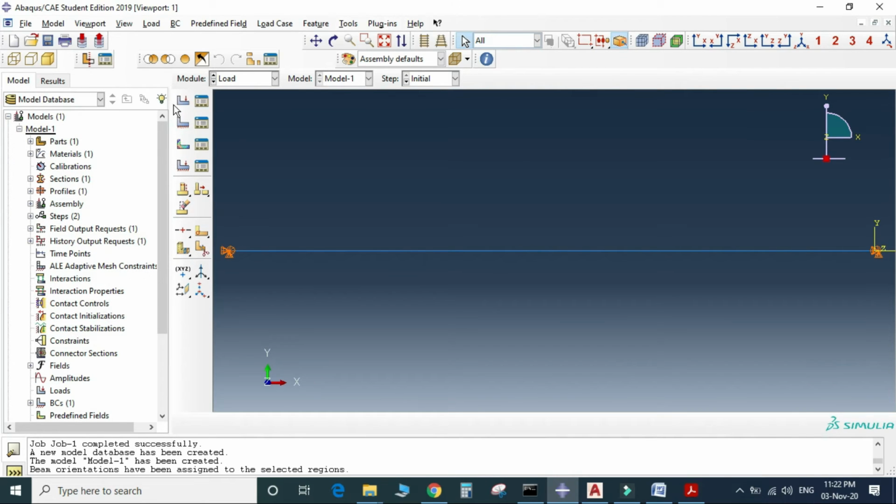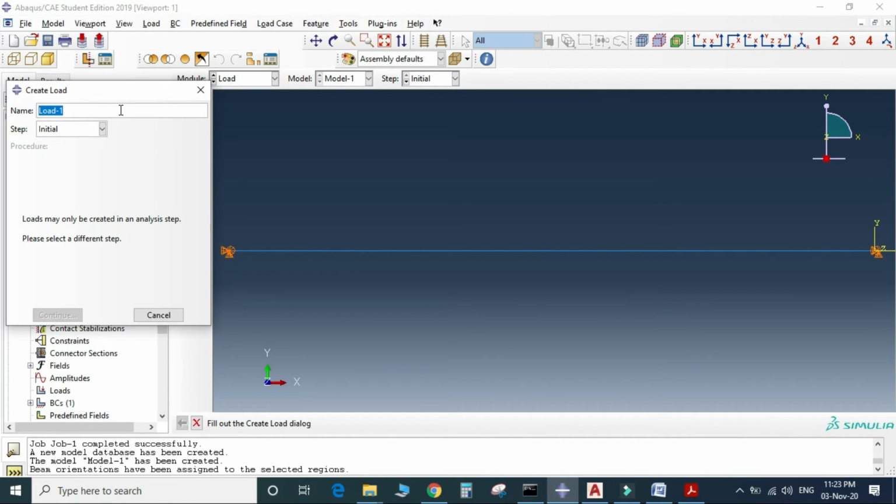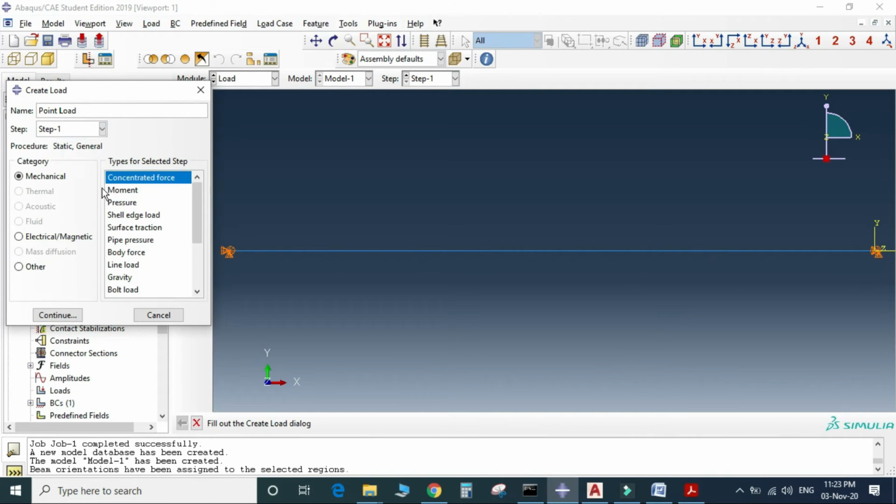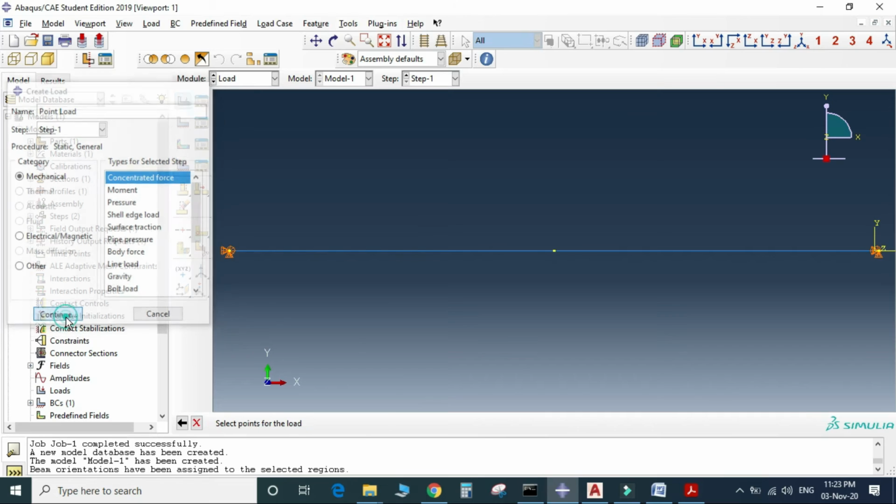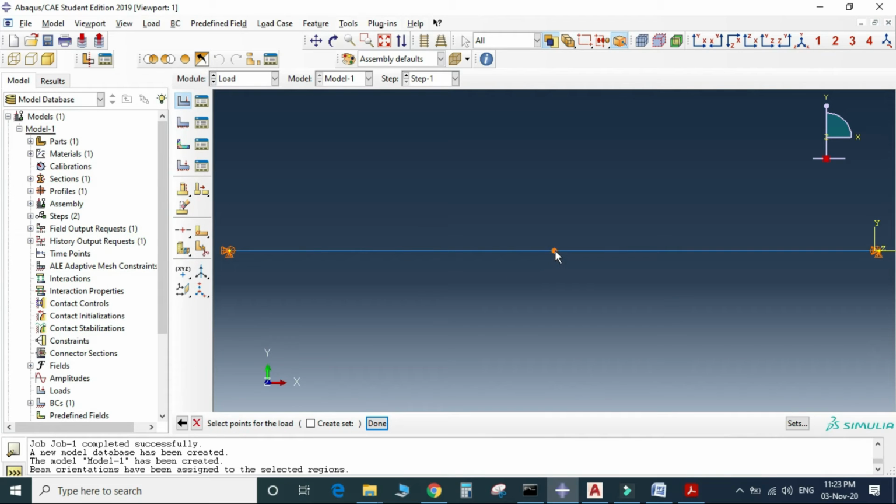Next, applying the central concentrated load. Point load, then step is step 1 and concentrated force. Continue. So select the center point.